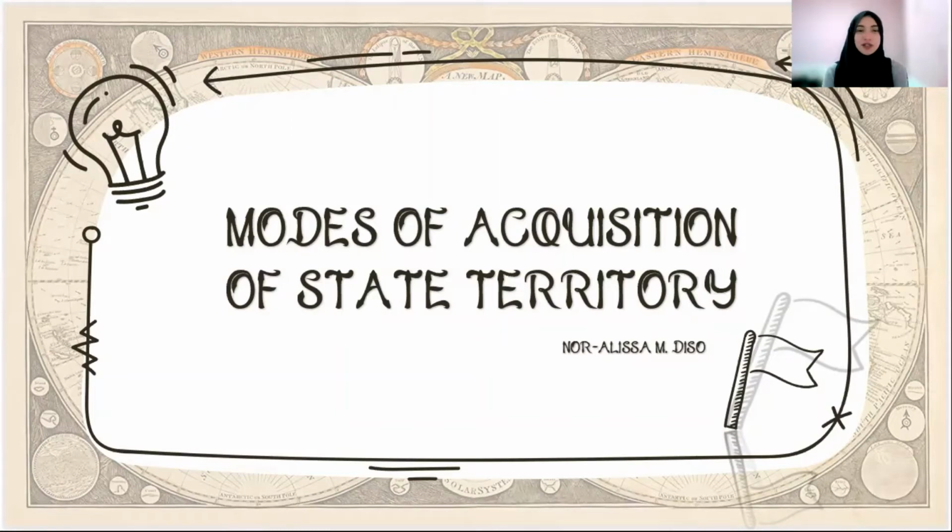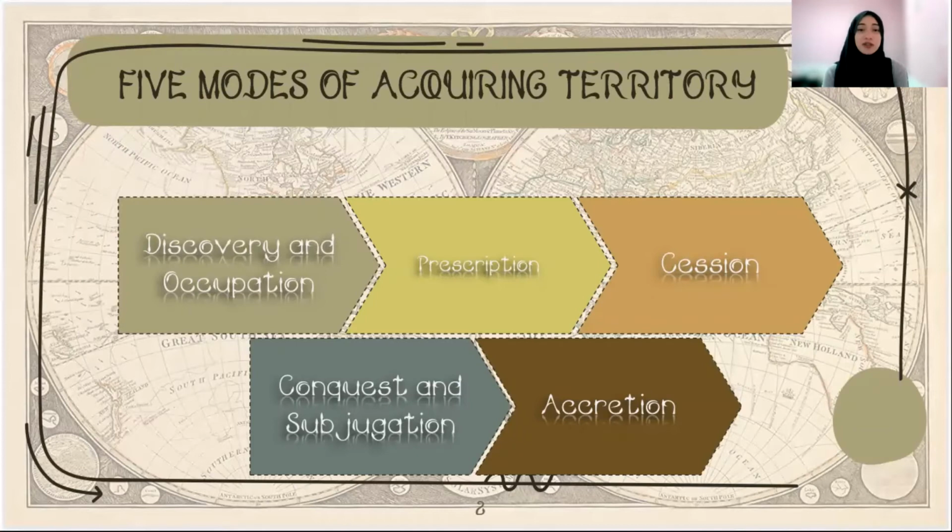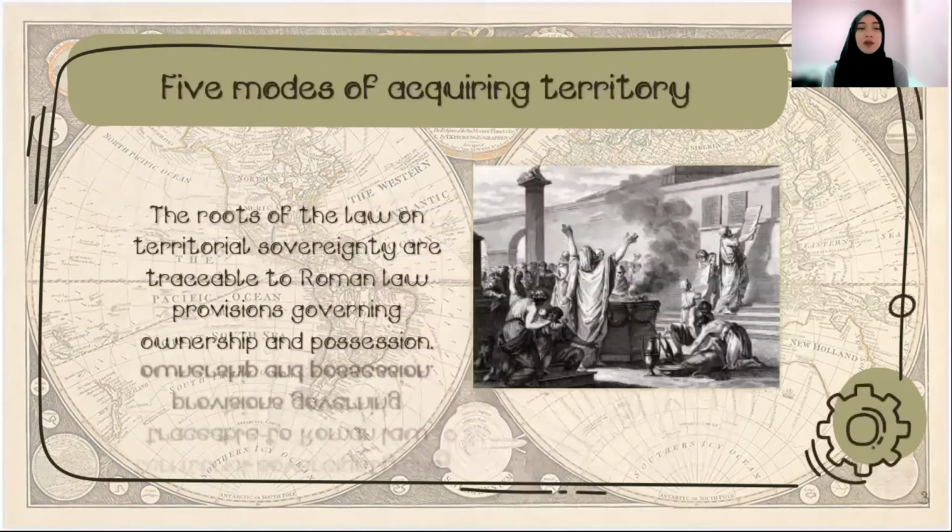Modes of acquisition of state territory. There are five modes of acquiring territory which have traditionally been distinguished into discovery and occupation, prescription, cession, conquest and subjugation, and accretion. Before looking into these modes of acquisition, which have been derived from Roman law rules and property,